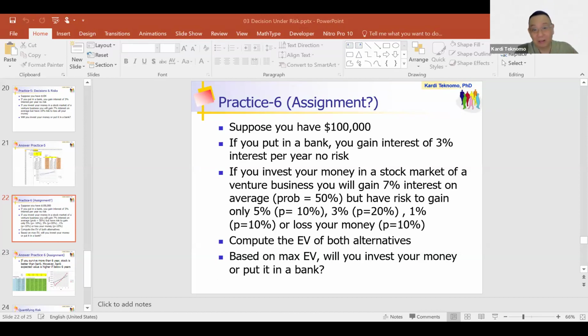Suppose you have 100,000 and you can put it in the bank at the same 3% interest. Now, if you invest in the stock market, you have different probabilities. A 7% interest with probability 50%, 5% interest with probability 10%, and so on. You also lose money with probability 10%. So if you calculate this,